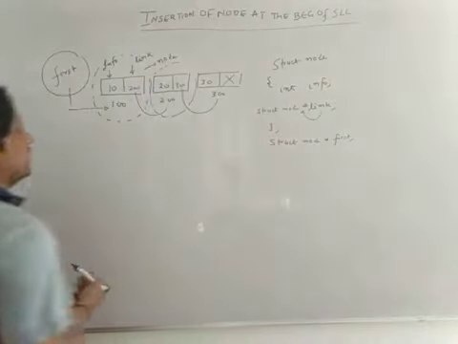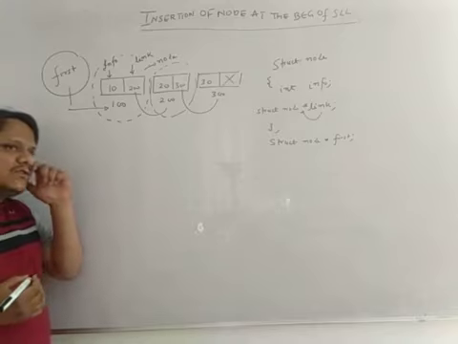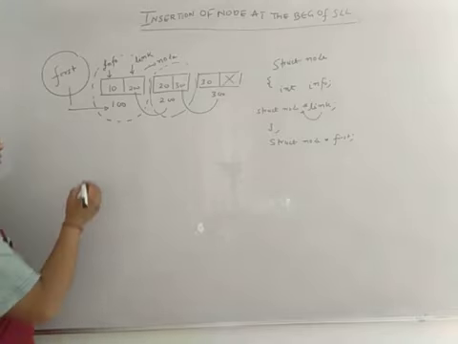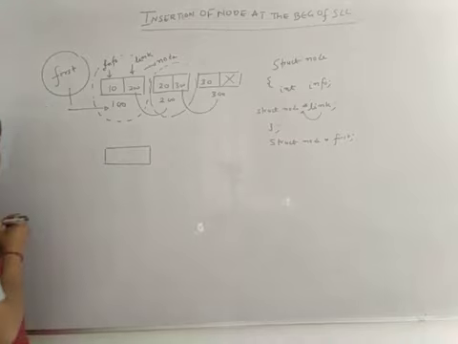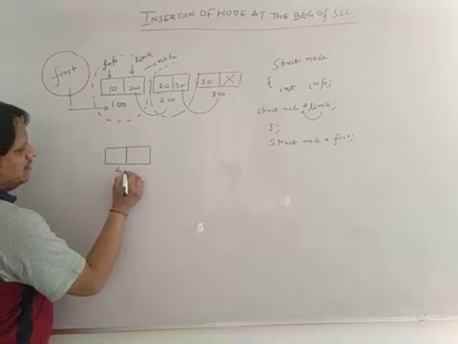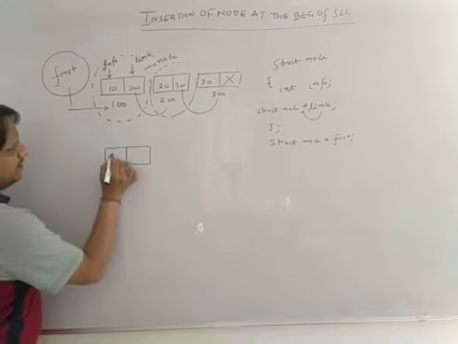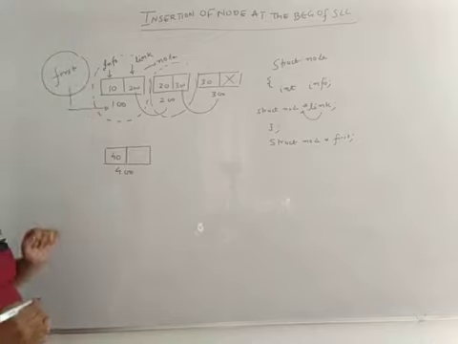So now let's write the function for inserting a node at the beginning of a linked list. Now let's suppose you want to insert a node at the beginning. So the first thing you will do is create a node. Let's suppose you create this node. The address is 400 and its info part is 40. So now you want to insert this node at the beginning of the linked list.